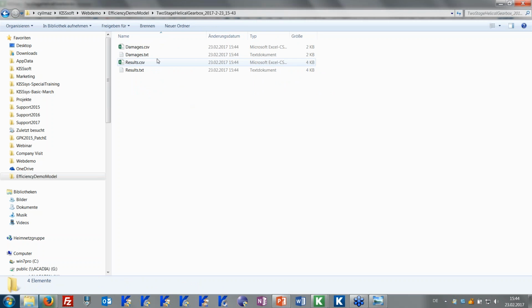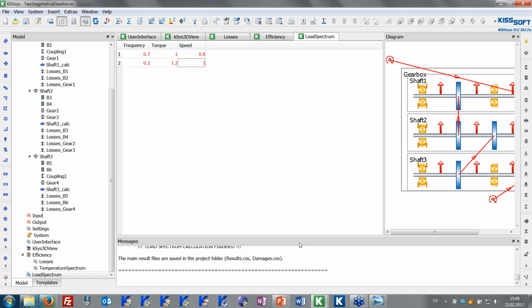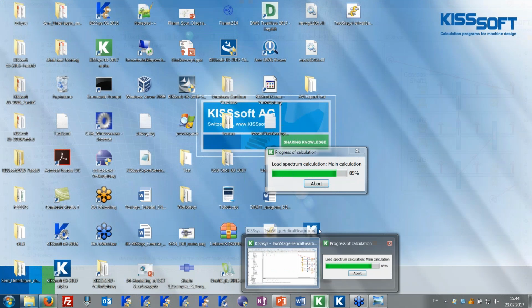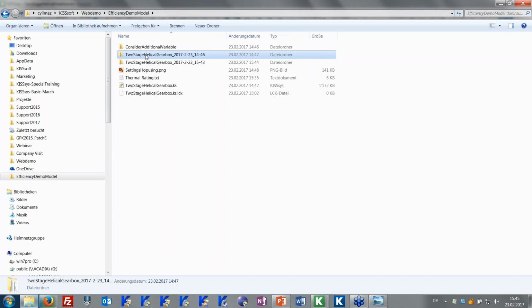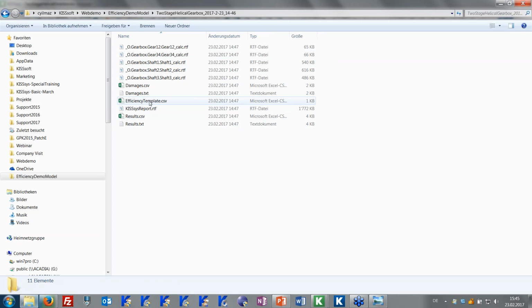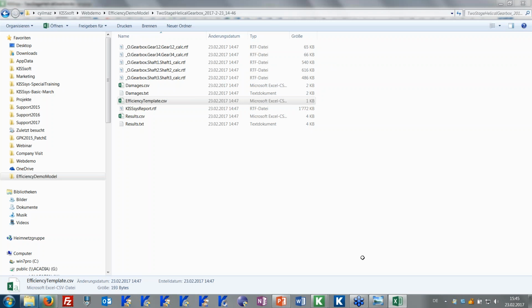If I open this, I have the results and the damages. The results are at the moment not saved, but they were saved before, so I can show you one calculation from before, and you will find the efficiency template result like this,